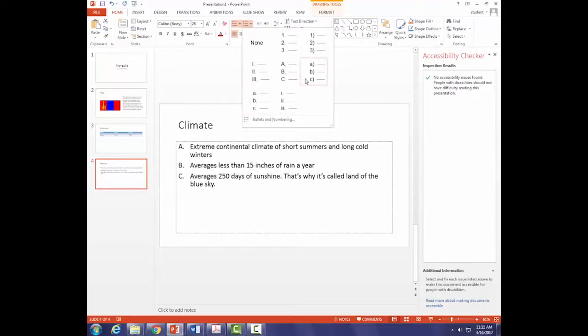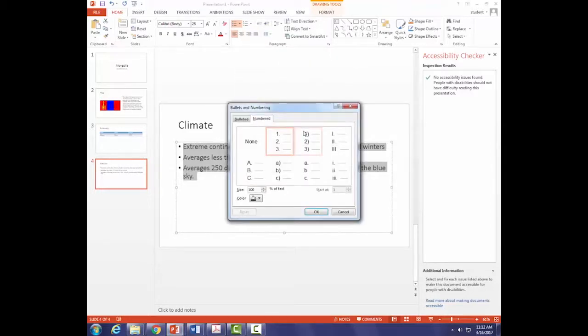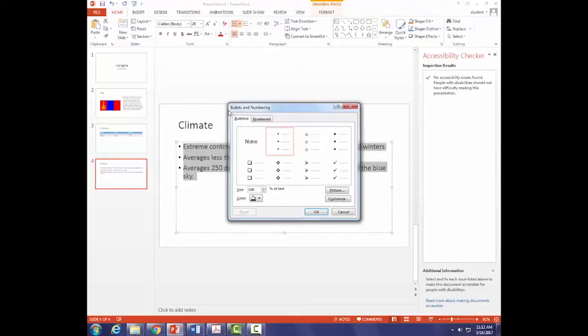They call those ordered lists. If I click on all bullets and numbering, it gives me numbers and bullets. I can do whatever I want here, as long as I do it through that paragraphs group, okay? So if you don't like bullets, just go up to the paragraphs group here,